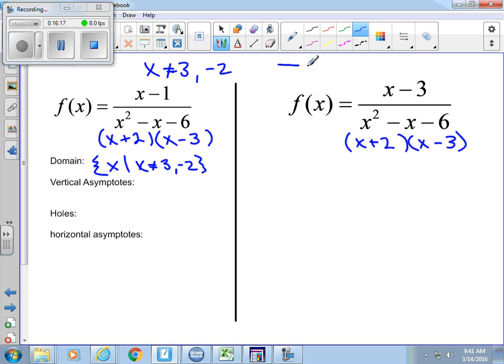And to get interval notation, I'm going to take those two numbers and put them on a number line. We have used interval notation before. It's the infinity stuff. Would you agree x can be anything except those two numbers? So x can be -infinity all the way to -2, -2 all the way to 3, and 3 all the way to infinity. So the other way to write the domain,